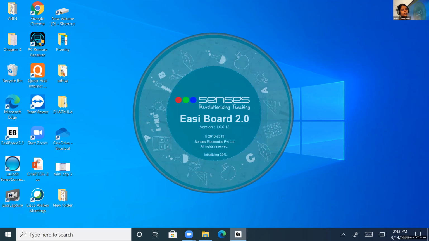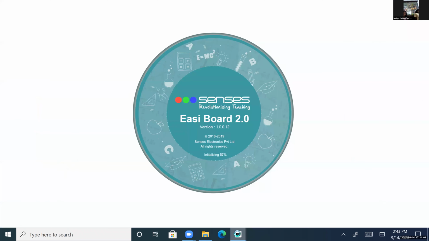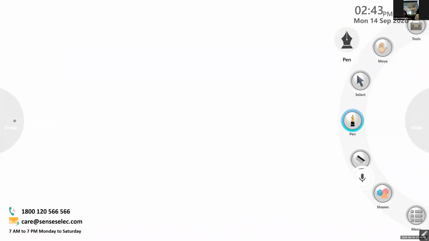So last class, we discussed the symbols greater than, less than, and equal to. Which side will be open, the mouth of the fish always? Is it towards the smaller number or the bigger number? Bigger number. The mouth of the fish always opens towards the bigger number. Very good.